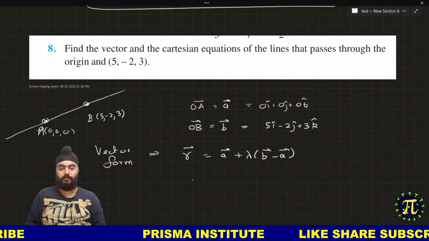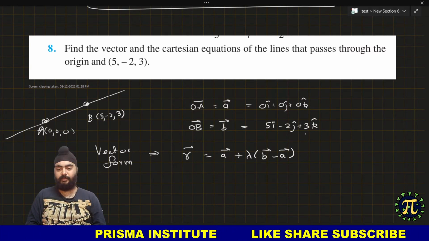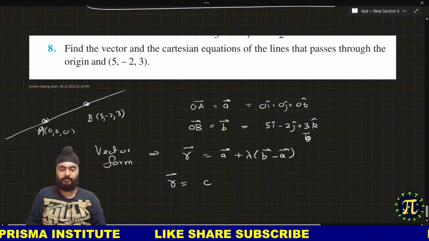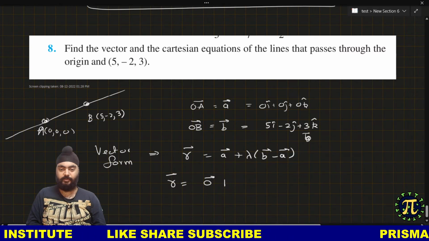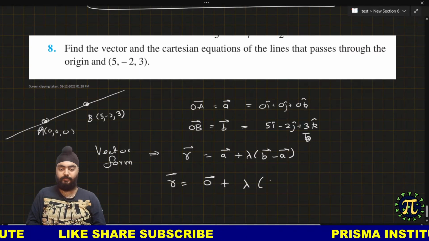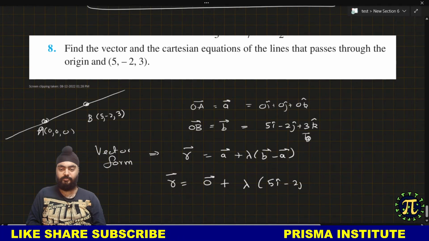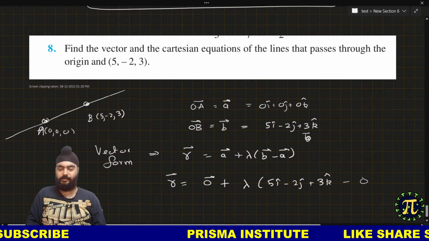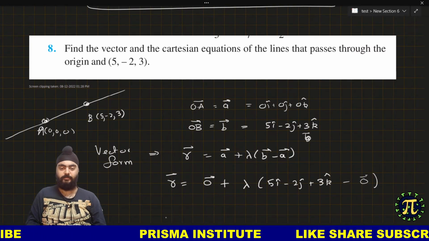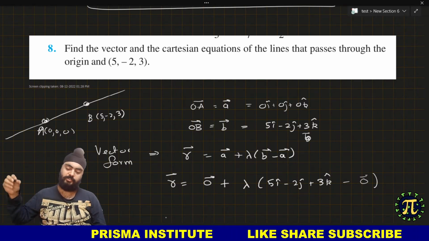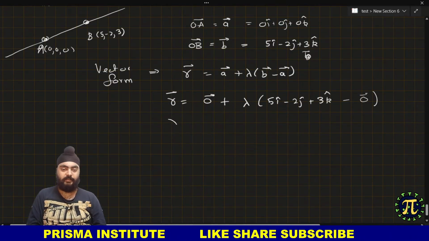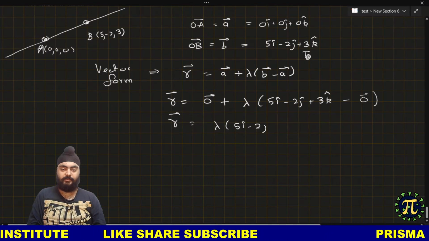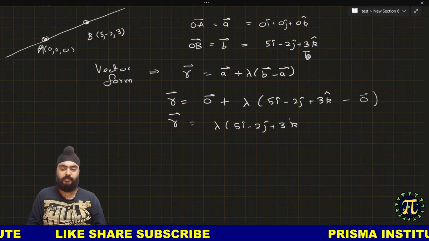So let's put in the numbers. So b minus a vector can be calculated, it is same as b vector, right? So r vector is null vector, right, 0 i cap 0 j cap 0 k cap plus lambda times b vector which is 5i minus 2j plus 3k, and इसमें से हमें क्या subtract करना है, null vector, right? ठीक है, so you can write 0 vector or 0i 0j 0k, your choice. So I find r vector कितना आ रहा है, lambda times 5i minus 2j plus 3k, okay,